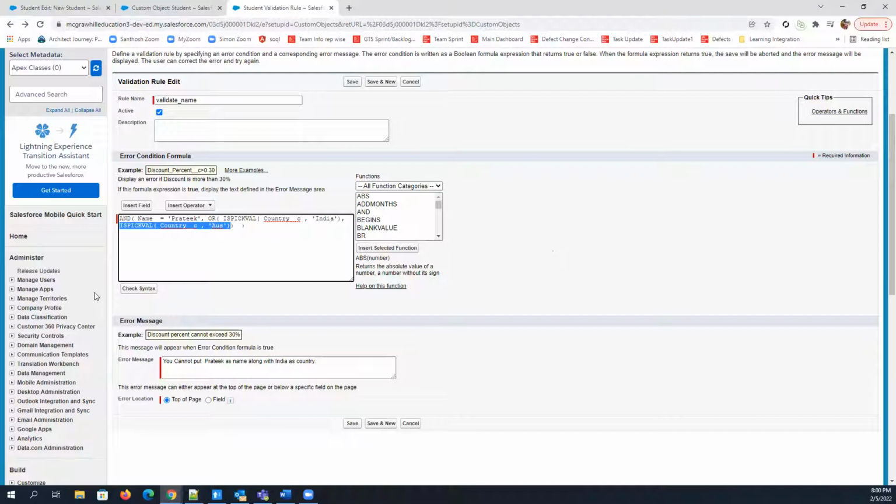I understand what you are thinking right now, but validation rules generally work in a different way. What we are putting here should be a true condition. So if you want Australia and India to be allowed, then you just need to mention here Pakistan and USA, something like that. Okay, got that. So maybe this is the right condition, but because the person chose Pratik and India, this condition was fulfilled. That's the reason.